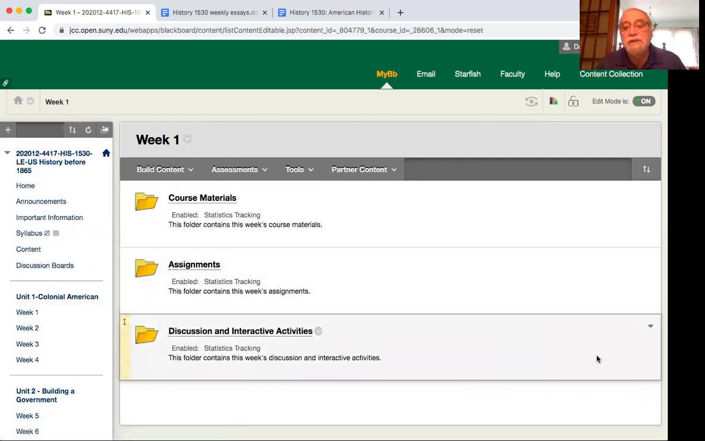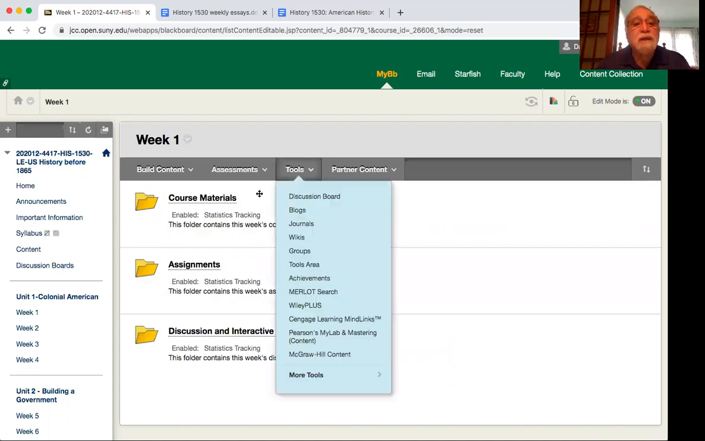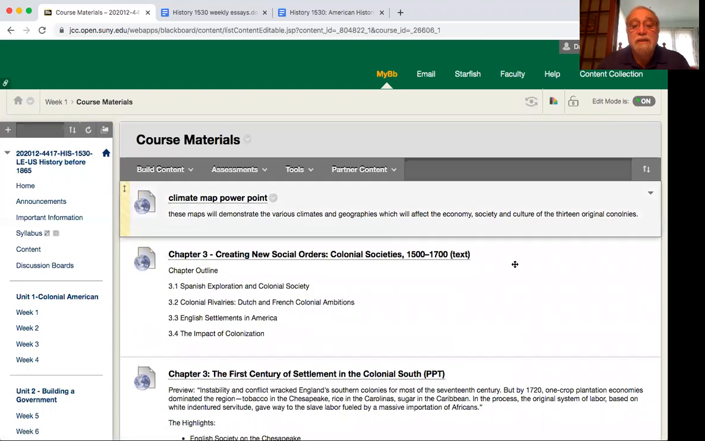And you'll see that there's three topics in every week. Every week is identical. You have course materials, assignments, and if I decide to give you a discussion or an interactive activity, it will be under that. There's not a lot of that, I'm going to tell you right up front. So what I'm going to do is I'm going to click on course materials,